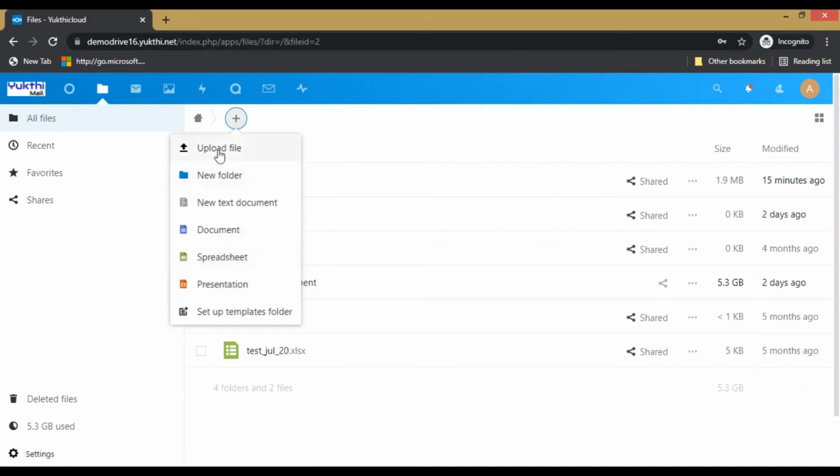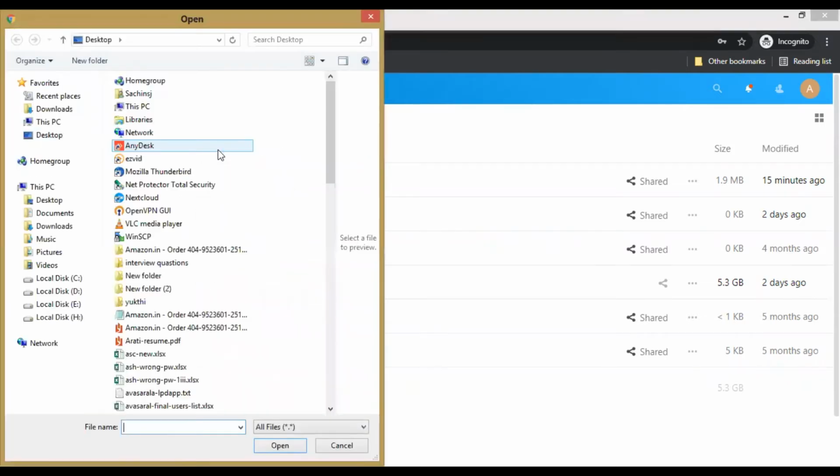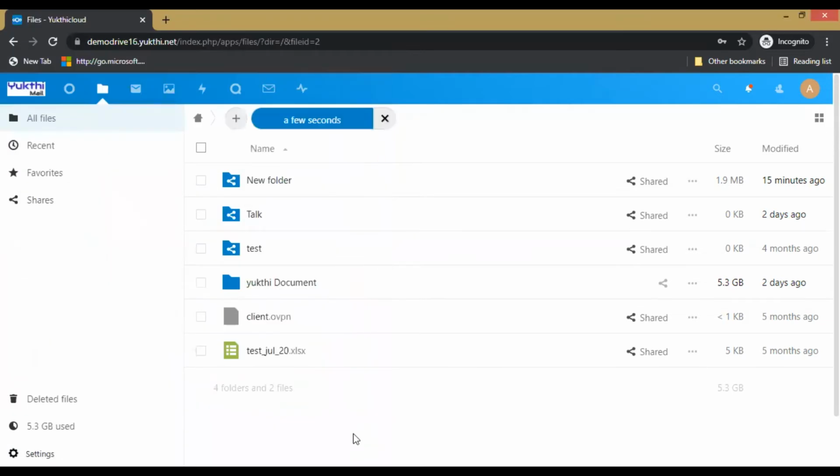Now I will show you how to upload the files into this file server. Just click on the files or folders which you want to upload. I will upload this application into the Ikti Cloud File Server. Just open this one.